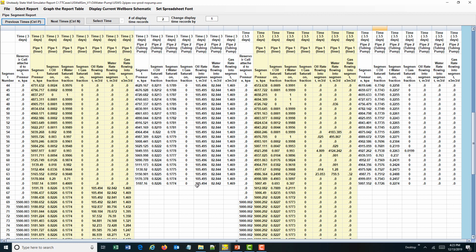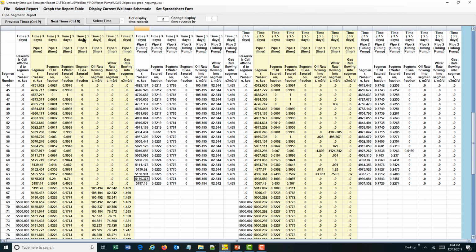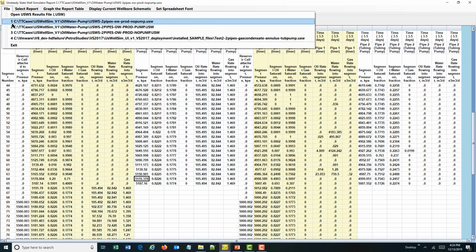So we need to size the pump such that it delivers about 200 meter cubes per day, and have a head that would allow us to cross the pressure boundary from 5,000 to about 3,000 kPa, to near about 2,000 kPa, or 200 meters of head. So if I go back to the data file and place the pump in the data file,